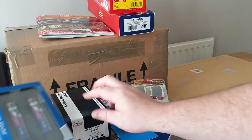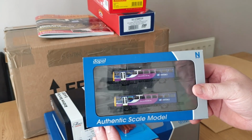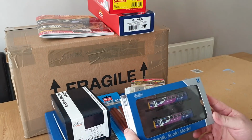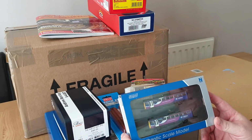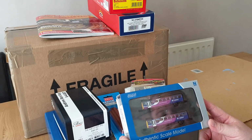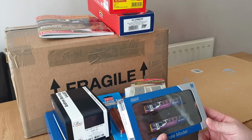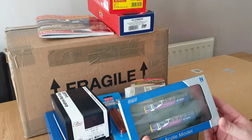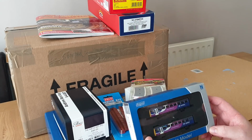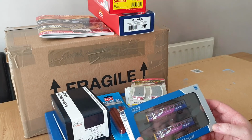When they were released, I got this Dapol N-Gauge Class 142 Pacer. Now I haven't bought an N-Gauge engine for probably nearly 10 years. I mean, maybe 7 or 8 years since I last bought an N-Gauge engine, because since I moved into my own house, I stuck a double O gauge in the loft. But I did have a small N-Gauge layout that I started when I was still at my mum and dad's. So I think now's the time to